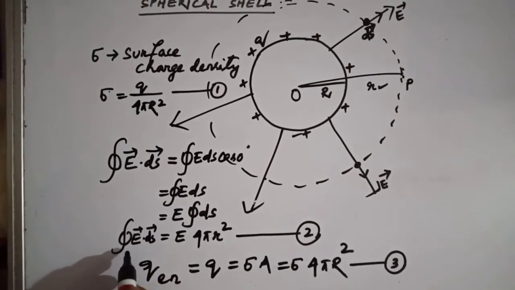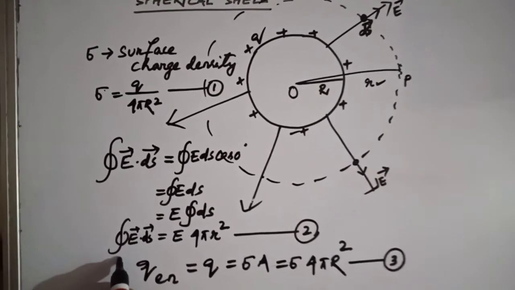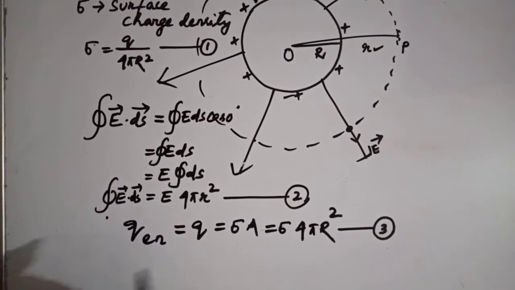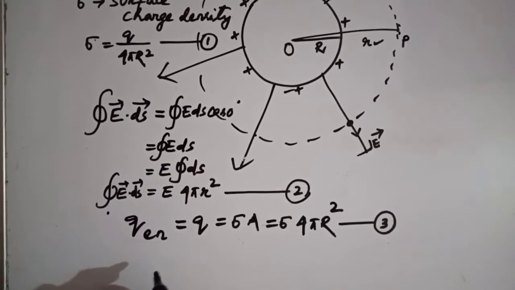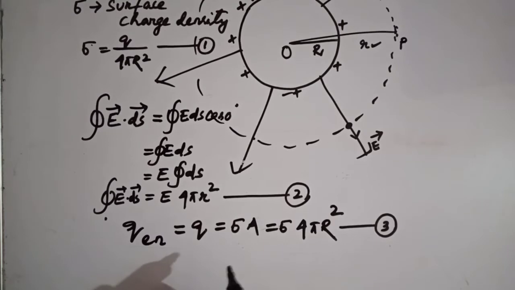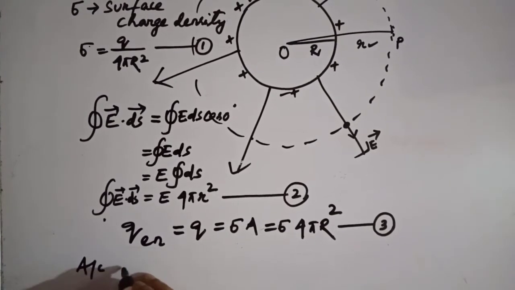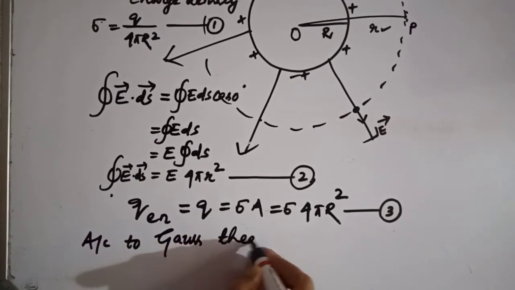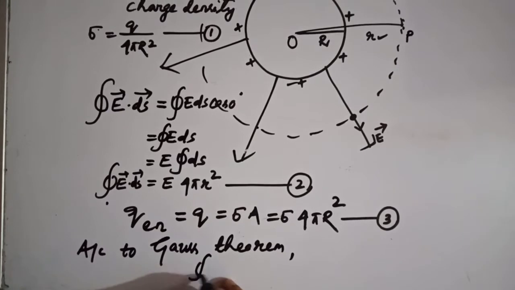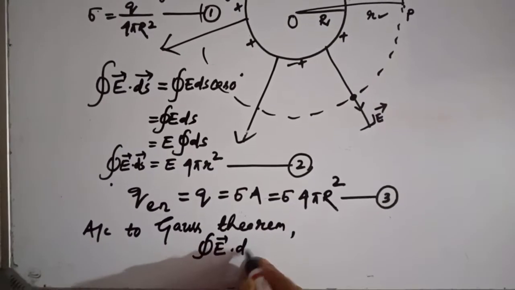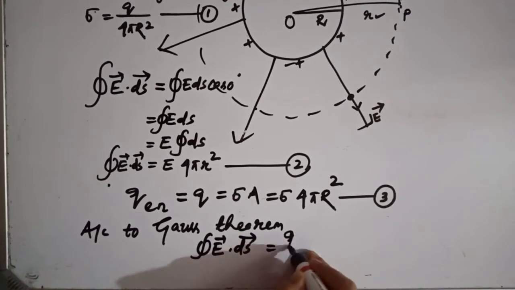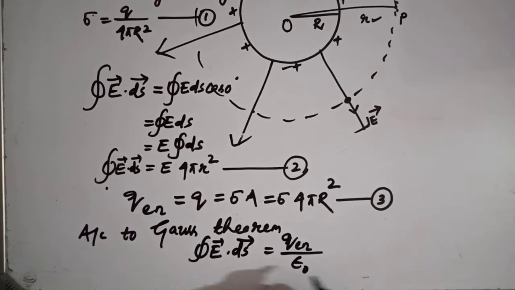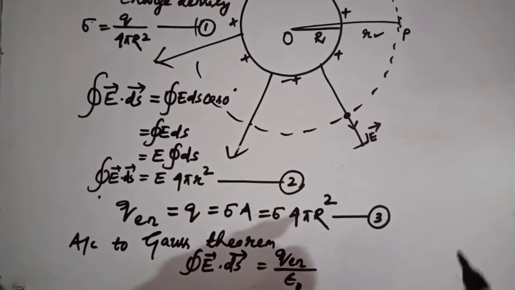You got the integration of E dot ds over the closed Gaussian surface. You got the charge enclosed by the Gaussian surface. Now you can apply Gauss law to find the electric field at the distance r. According to Gauss theorem, the integration of E dot ds over the closed surface is equal to the charge enclosed by the closed surface divided by epsilon naught. Now substituting the values,